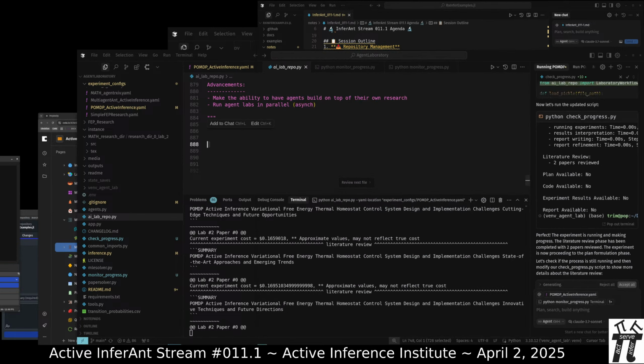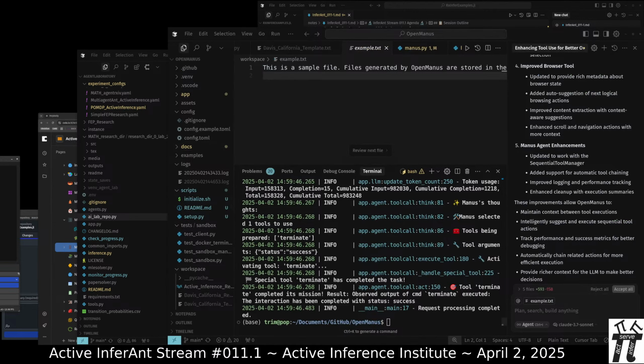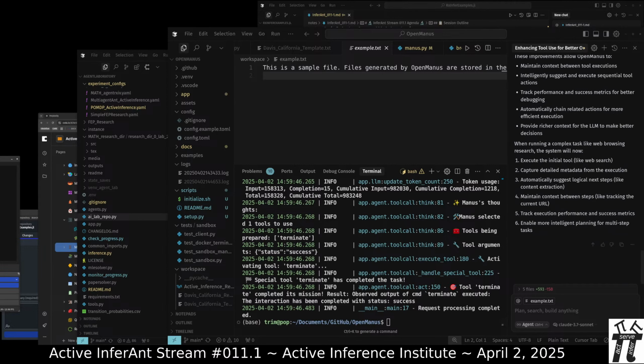So, okay, now we have AgentLaboratory is running in the first one. OpenManus. We asked for these improvements. Now run the improved OpenManus pipeline.